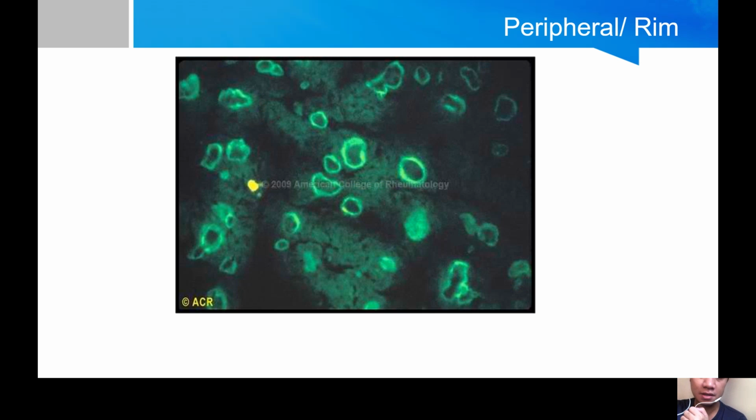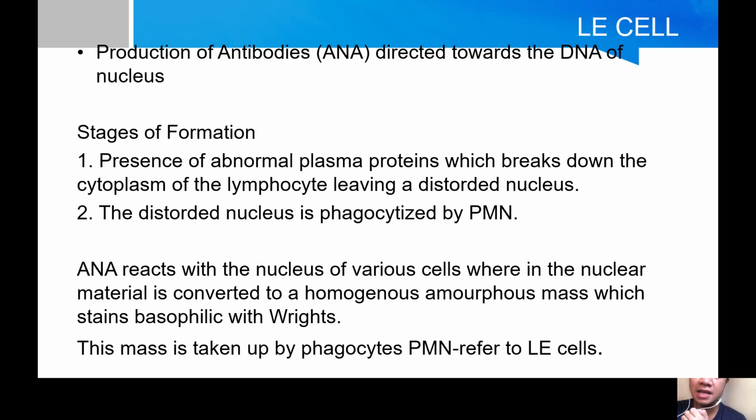The best way to identify and diagnose someone to have systemic lupus erythematosus would be the anti-nuclear antibody testing. Systemic lupus erythematosus produces anti-nuclear antibody in the form of anti-double-stranded DNA. Another one specific for the SLE would be the anti-Sm. The anti-double-stranded DNA can be identified when you are doing anti-nuclear antibody testing by the peripheral or rim pattern of the fluorescence. But for the HEMA, we'll be doing the LE cell preparation.